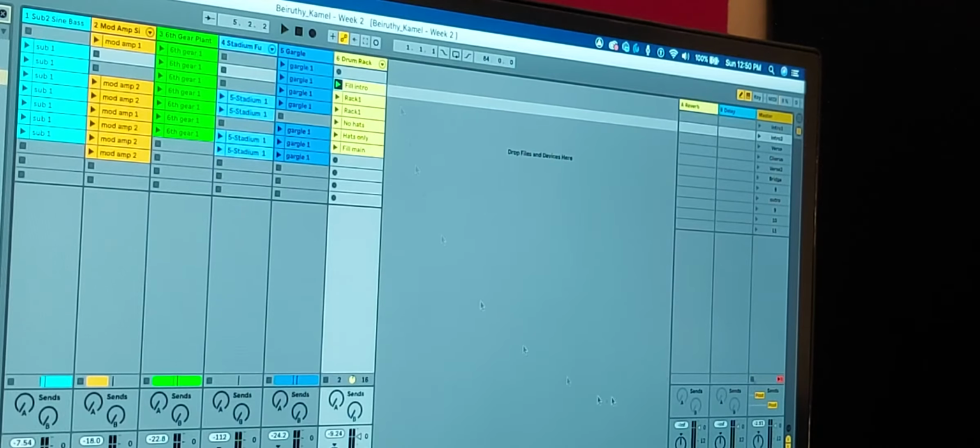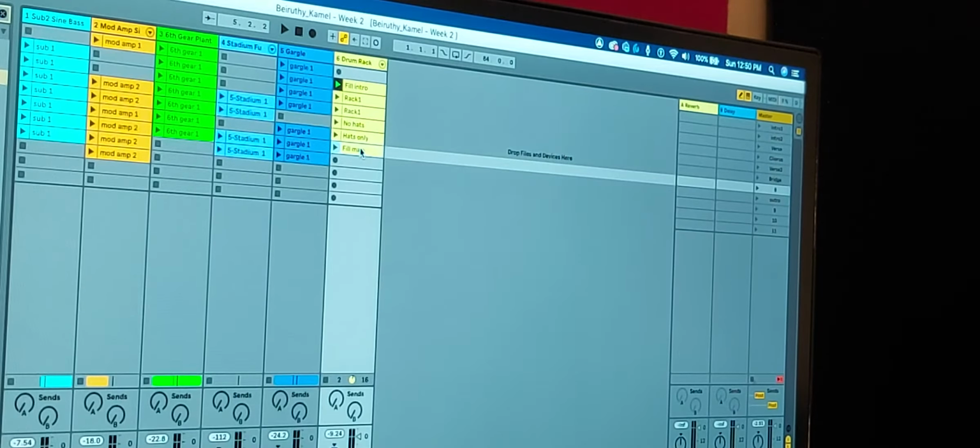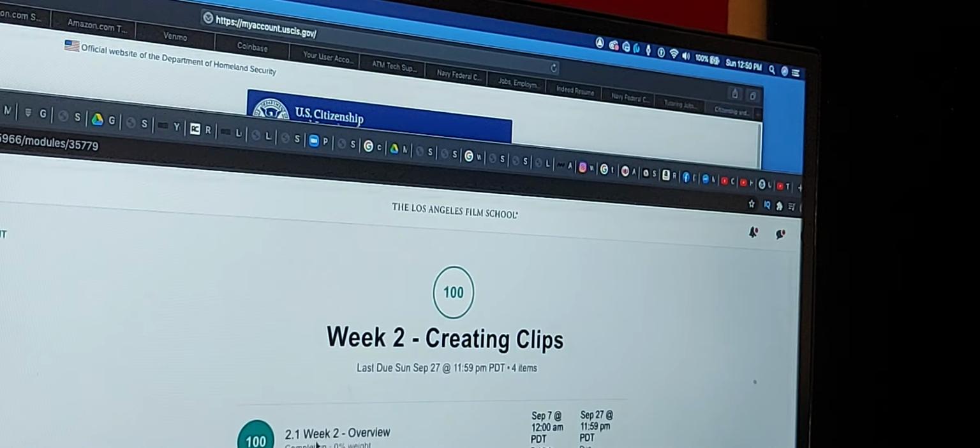See? And you create different clips, and they're basically teaching you how to use Ableton, bottom line. So there you have it for my week 2. And somehow, like I said, you only have 4. The overview, assignment, and project, which makes it very simple and very fast.